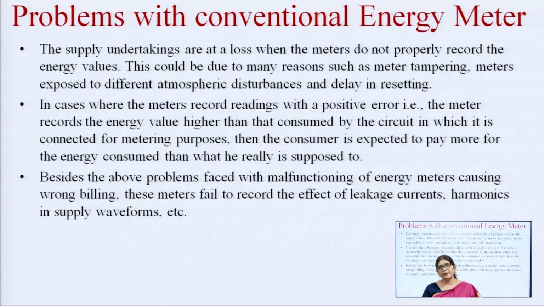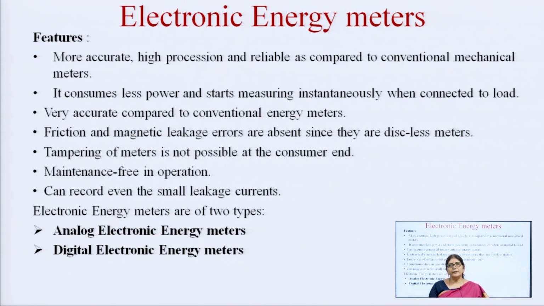Now, what is the problem of the conventional energy meter? Since there is a moving disc and a magnet, it will consume some power, and because of this wrong billing may be done. Electronic energy meters are more accurate, there is no friction generated, and there is no magnetic leakage, because electronic devices are used. Tampering is also practically not possible in this meter. The electronic energy meter is of 2 types: one is the analog electronic energy meter, and the second is the digital energy